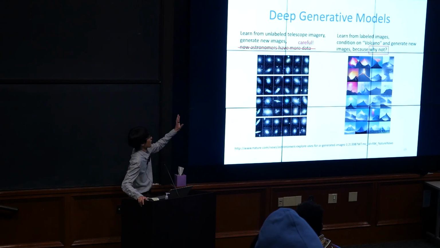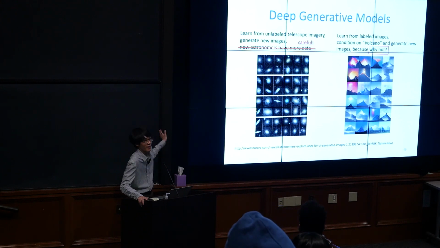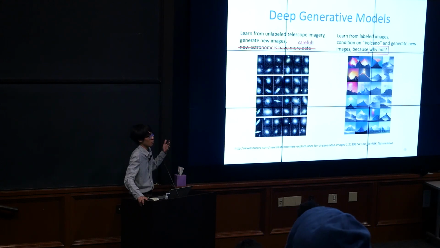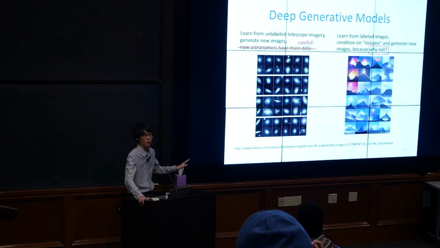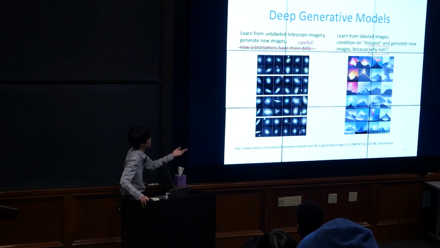But in terms of science, like learn from unlabeled telescope imagery, generate new images. Now astronomers have more data. That is not how that works, right? The models are very good at showing what's realistic. The question that you should be asking, and Lucas harped on it during his advanced topic lecture too, is whether that's useful, whether that's something you want, right? Whether that's something you need. So in this case,